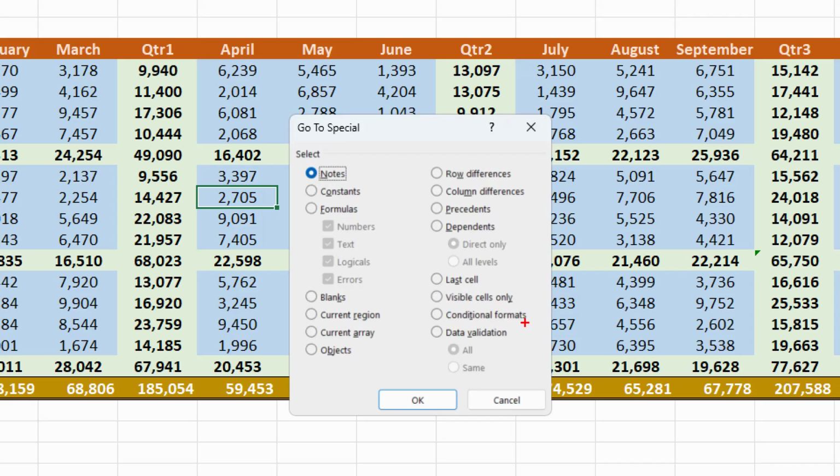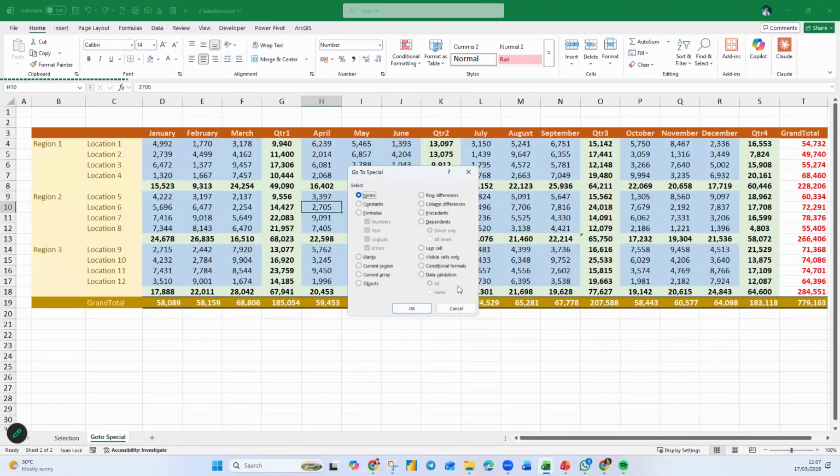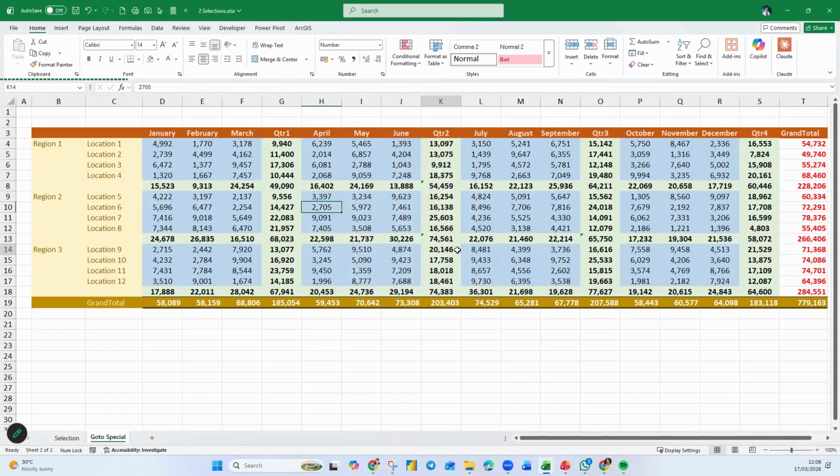You might be hiding some rows. So you only want to highlight those that you can see, so that you can copy and paste them out. Okay, yeah. All those. Then you want to know which are the cells that contain data validation. So ask them to highlight it for you. So there are many more. So you can explore.